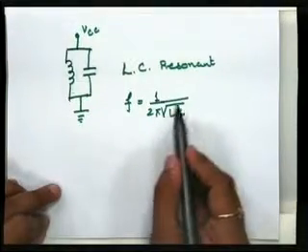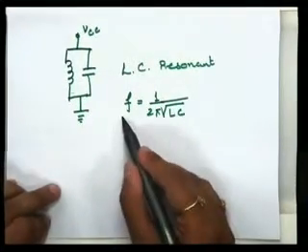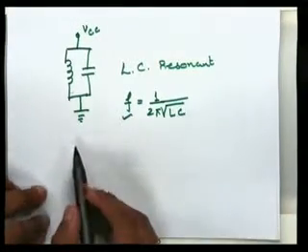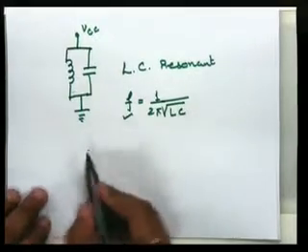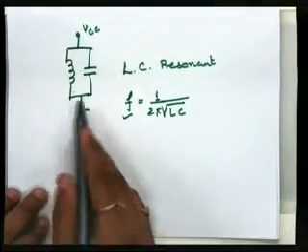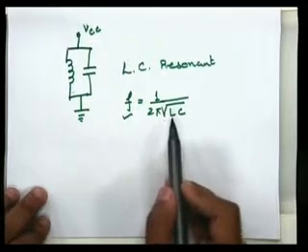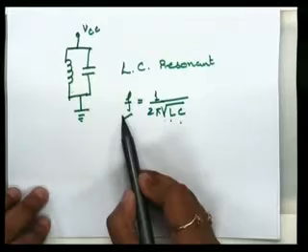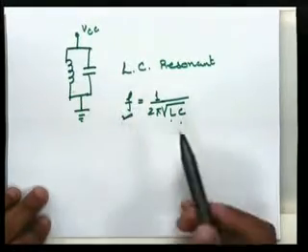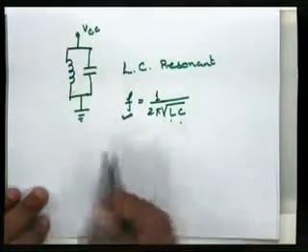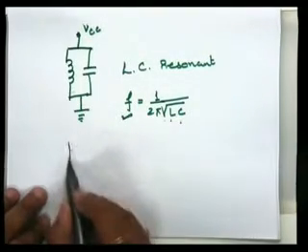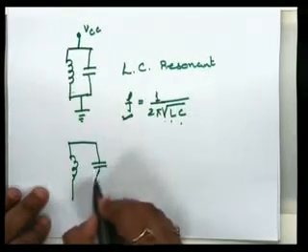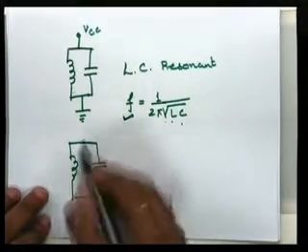Of LC, this LC factor will decide the frequency value. But now how can we use this varactor diode here? The varactor diode can be used to change the frequency of this LC circuit. If you have L inductor and C value constant, then you will get only one frequency from this particular tuning circuit. But if you have this type of circuit which has the varactor diode in it, if you provide this